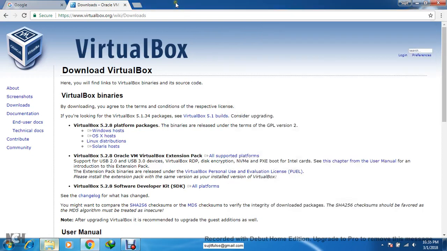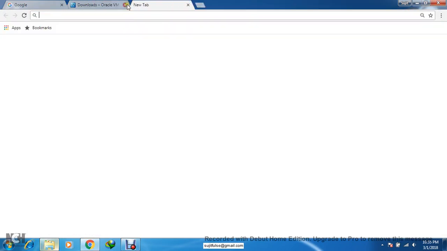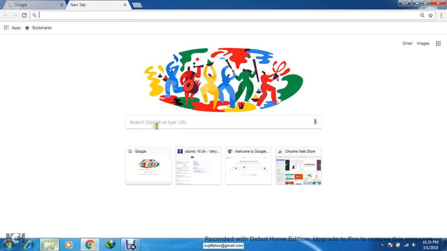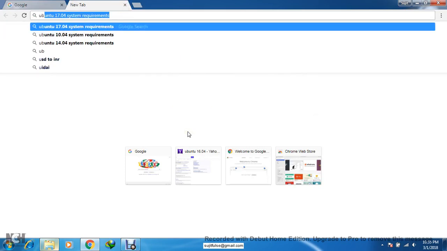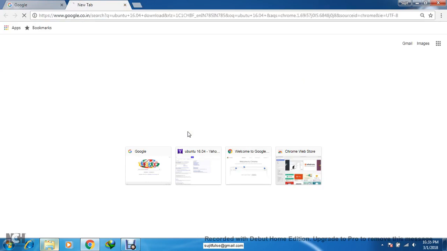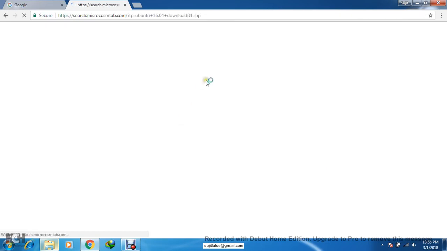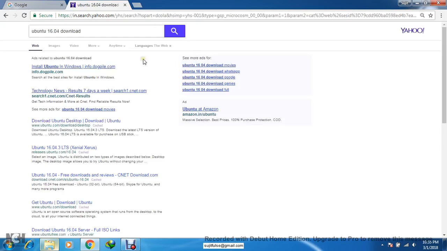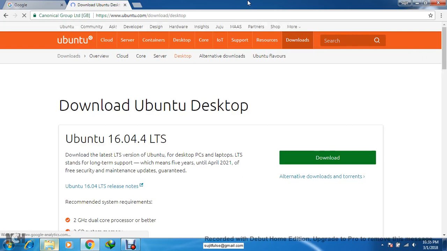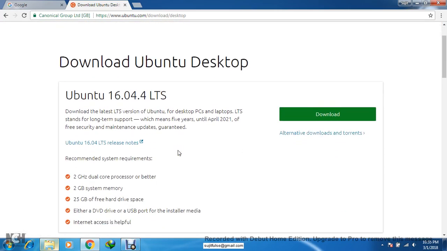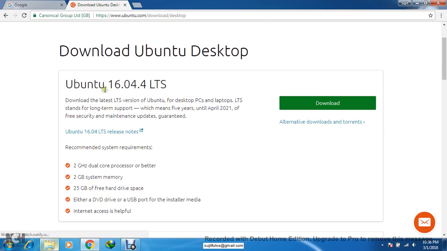Now second thing we need is ISO file system of the Ubuntu. So let's Google Ubuntu 16.04 download. Click here. See, Ubuntu